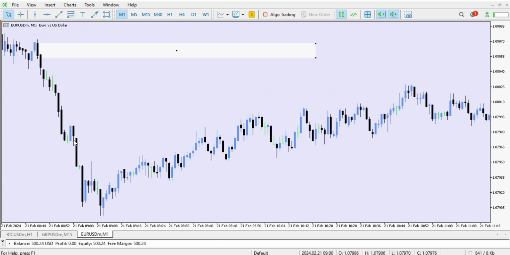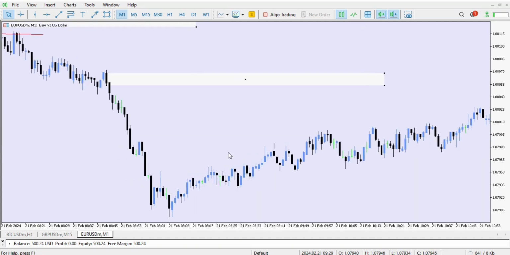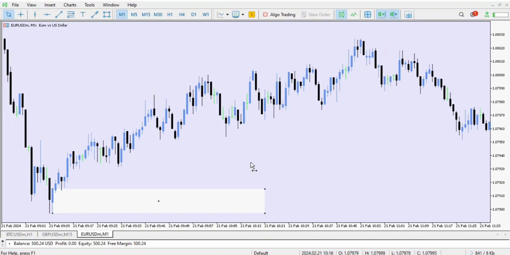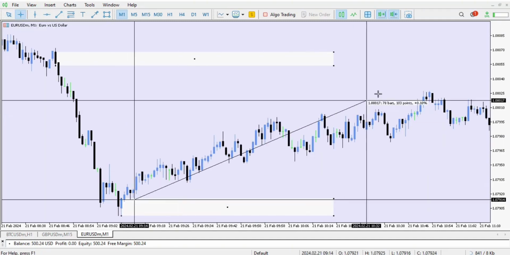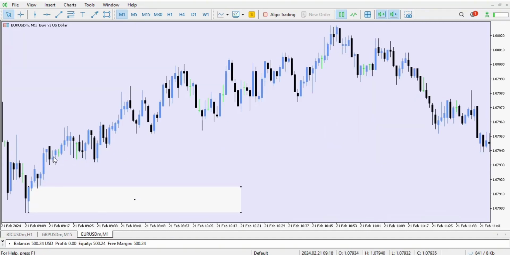I mean the valid ones, and I believe by now most of you understand the order blocks that I consider valid. An order block with an imbalance or a fair value gap, this is what I consider an order block. If you have a situation where you have an order block which does not immediately have an imbalance,